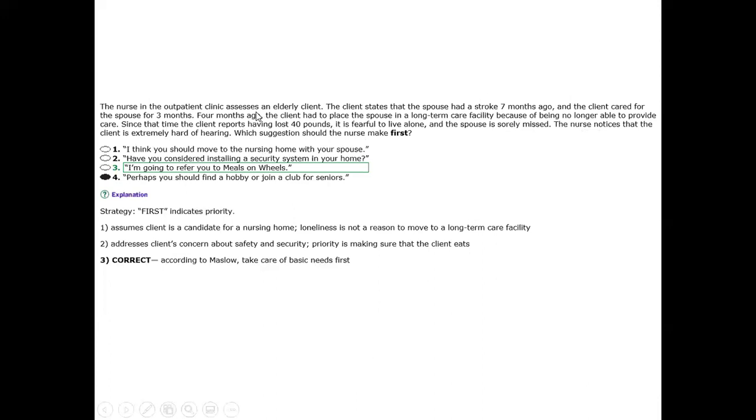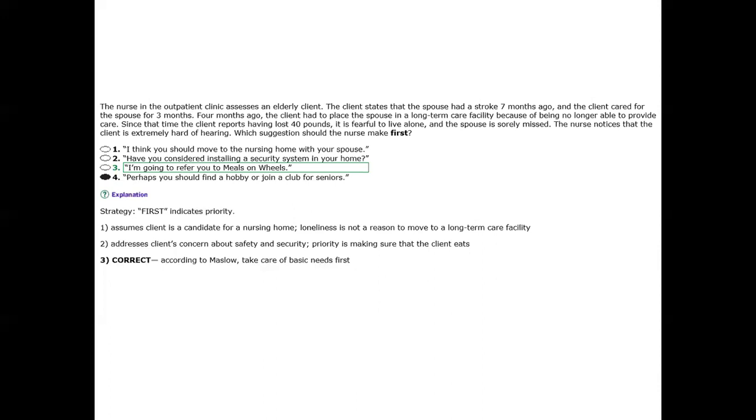So this question has three options. One is patient weight loss, meaning the patient does not eat. Another is an emotional problem, missing the spouse who decided to live in a different place, either a long-term care facility or at home. And also the fear of living alone. So the second two options are emotional, but according to the